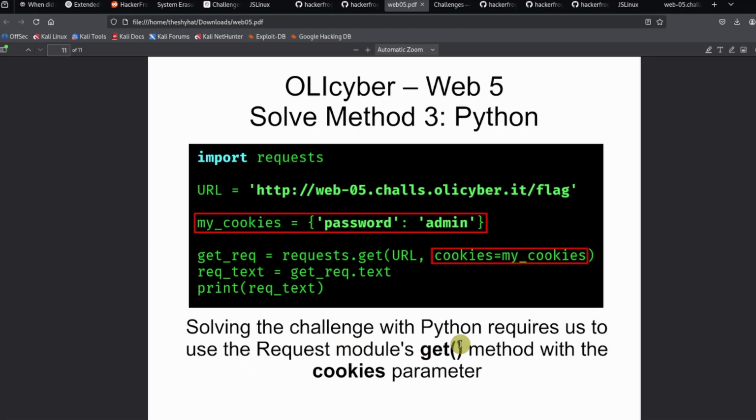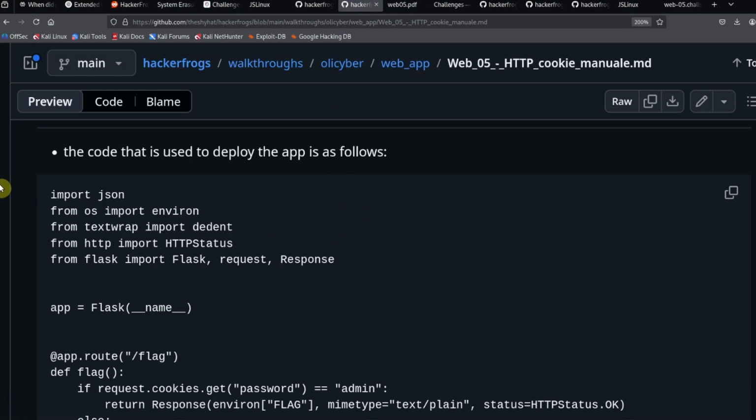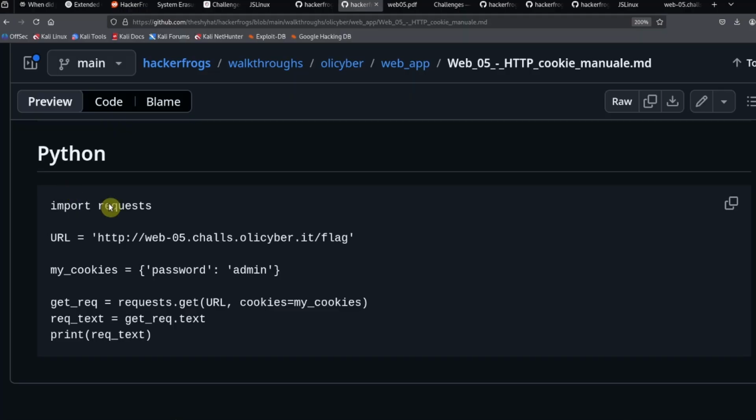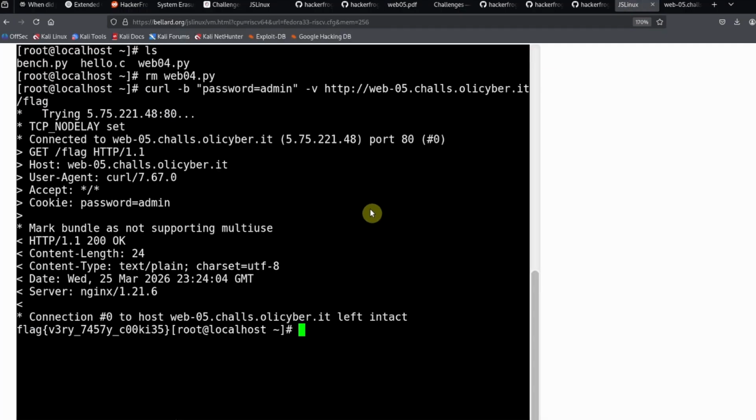So solving the challenge with Python requires us to use the requests module's get method with the cookies parameter. So it's the same type of script we used in the previous challenges, only we define our cookies over here. So my cookies equals password admin, and we specify this in our get request. So URL and cookies equals my cookies, which we define over here. Okay, so let's go ahead and grab that code. Okay, so we'll copy the code, and then we'll go over to our JS Linux console,